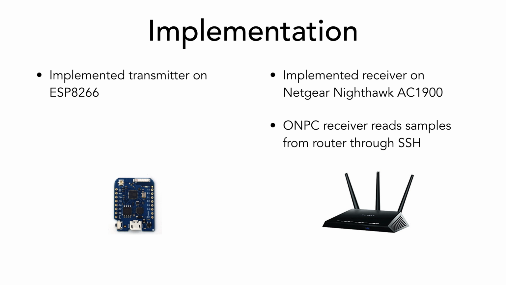Okay, so let's talk about implementation. The ESP8266, that's where we implemented the transmitter. So literally that device there. All we need from it really is just the ability to send a raw Wi-Fi frame. So you could do this on a Raspberry Pi. We talked about why we didn't do that because of the timing. But if you got the timing working properly, then you could do that.